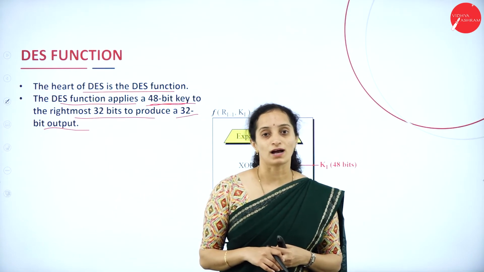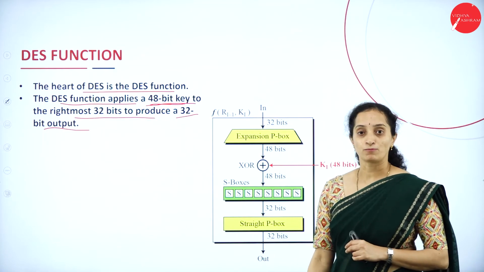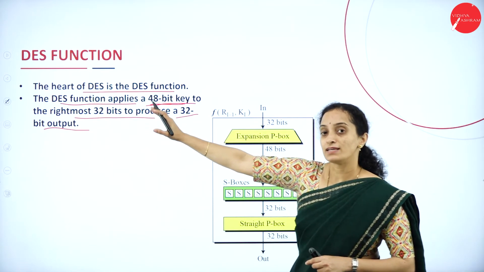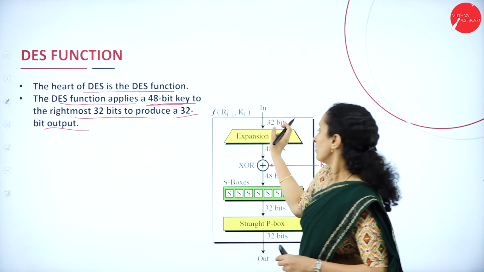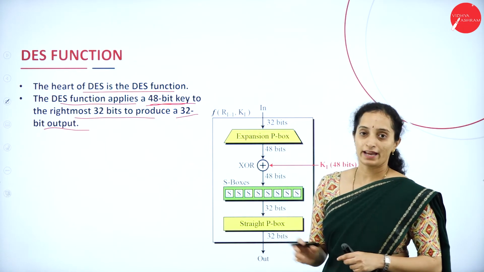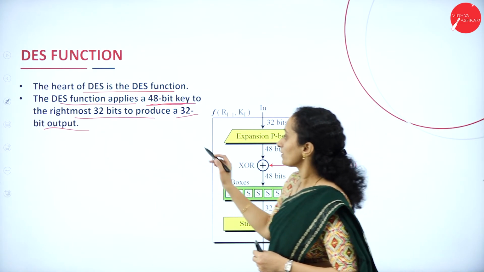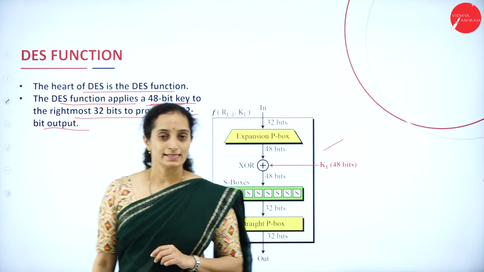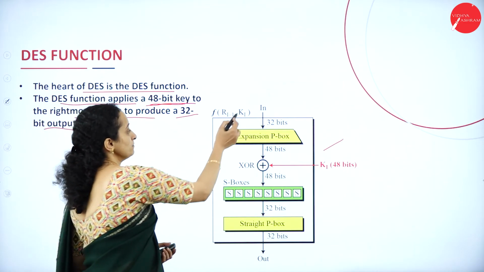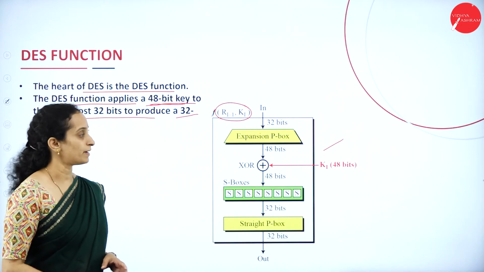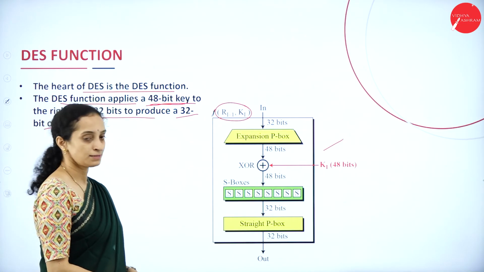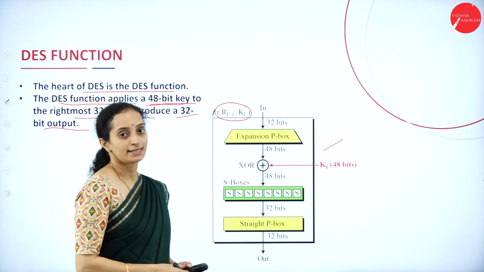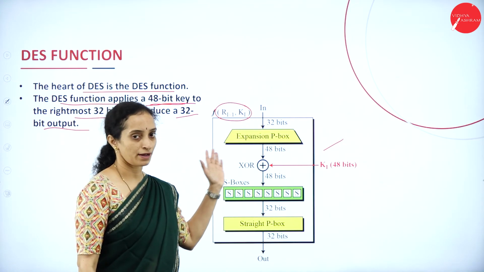So the permutation box you have to use is the expansion permutation box, isn't it? The input of 32 bits is combined with 48 bits of key, so it will be the expansion box that we use. Here is a diagrammatic representation of the DES function. First they apply f of R i minus 1 comma ki. This is the mixer, how it is going to mix. The input will be 32 bits from right or left, any one part you can take, which is